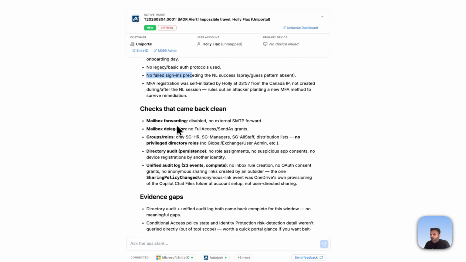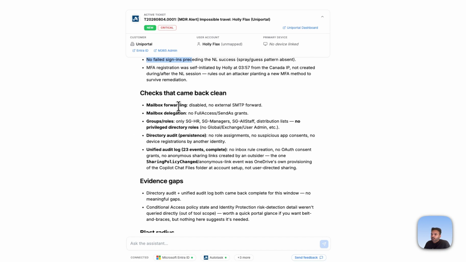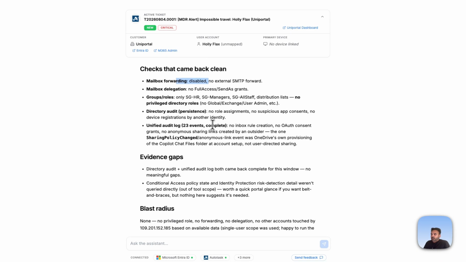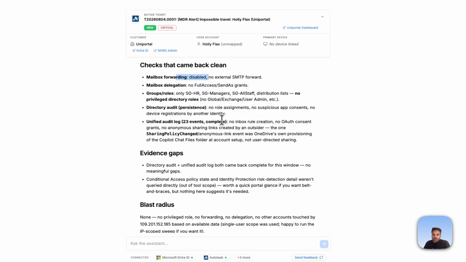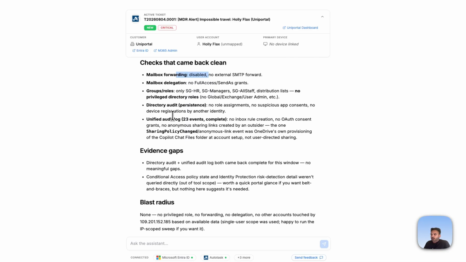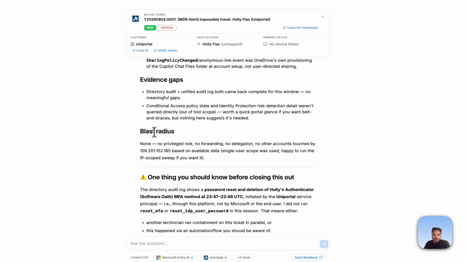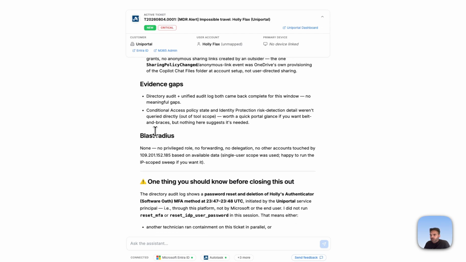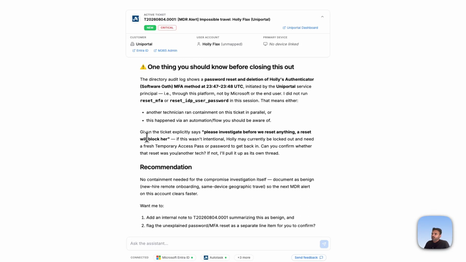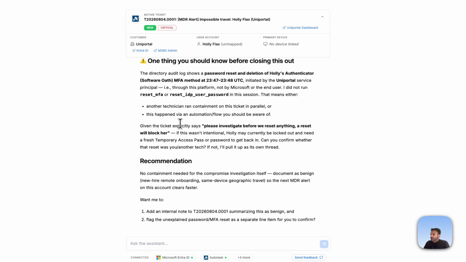That's valuable information for me. There were no mailbox forwarding rules or mailbox delegation found, and it didn't find any role changes or anything like that within the directory audit logs. So now I can also call the user and confirm with them if they were trying to use a VPN. But in this case, I'm going to say